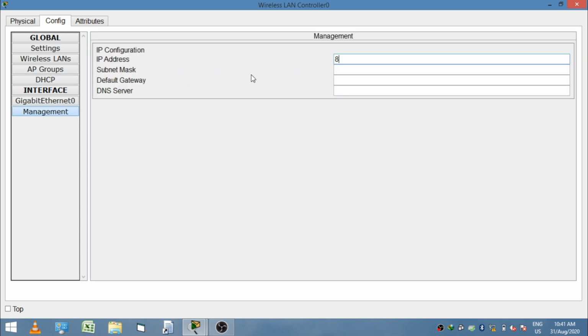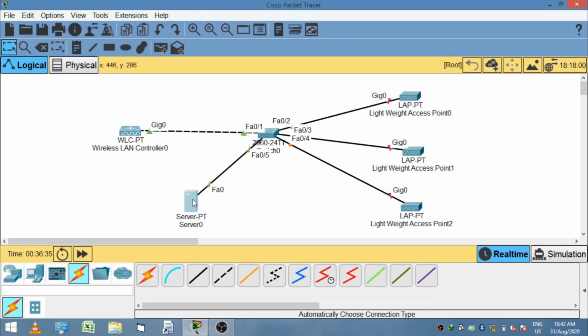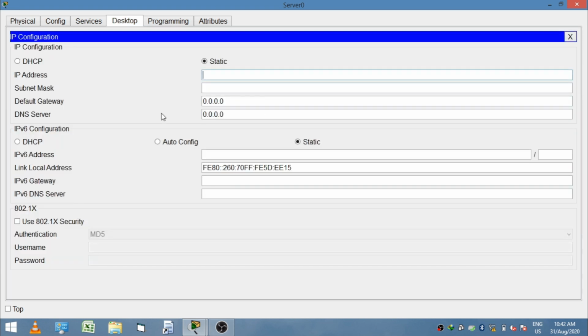Click on AP groups and see the APs, all APs are active. Again check the DHCP tab and management tab, then click on the management tab of the WLC and configure the WLC IP. Give the IP address 8.8.8.1, subnet mask 255.0.0.0, default gateway 8.8.8.9 and DNS server 8.8.8.8.